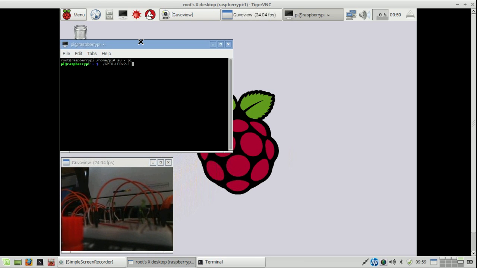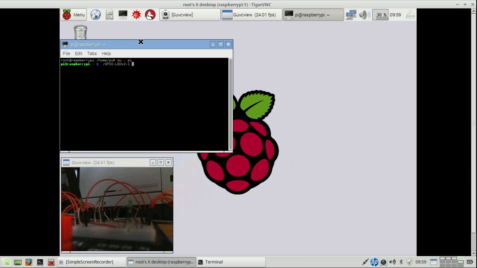Focus on these LEDs. That means these LEDs. And there's no difference at all. So this is quite a nuisance,